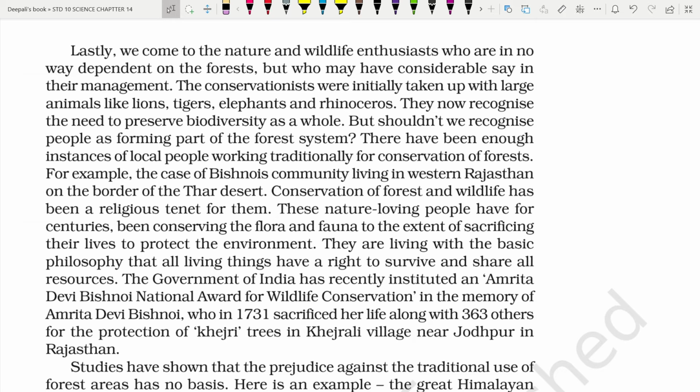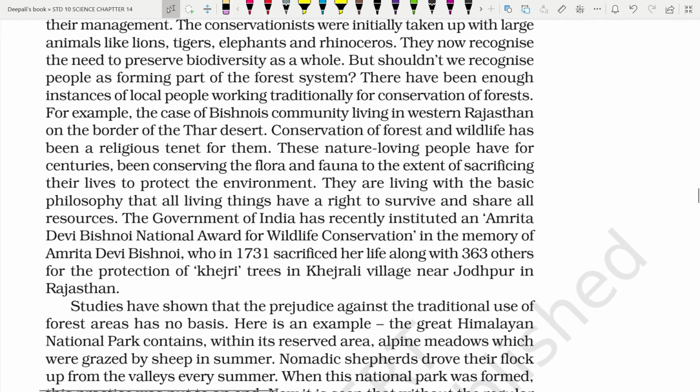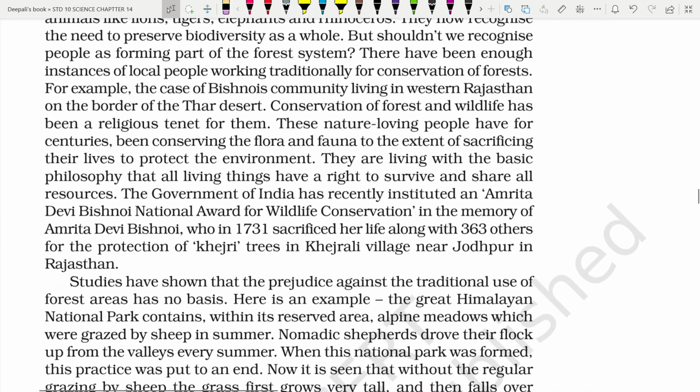Conservation of forest and wildlife has been a religious tenet for them. These nature-loving people have for centuries been conserving the flora and fauna to the extent of sacrificing their lives to protect the environment. They are living with the basic philosophy that all living things have a right to survive and